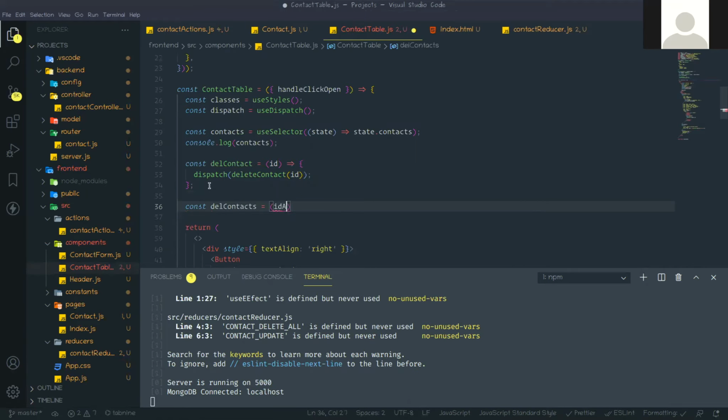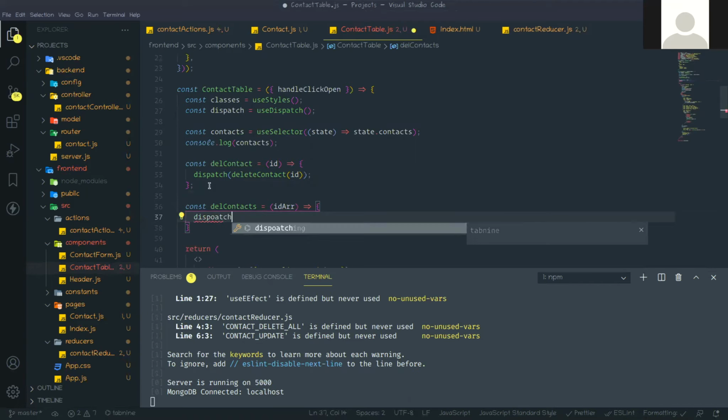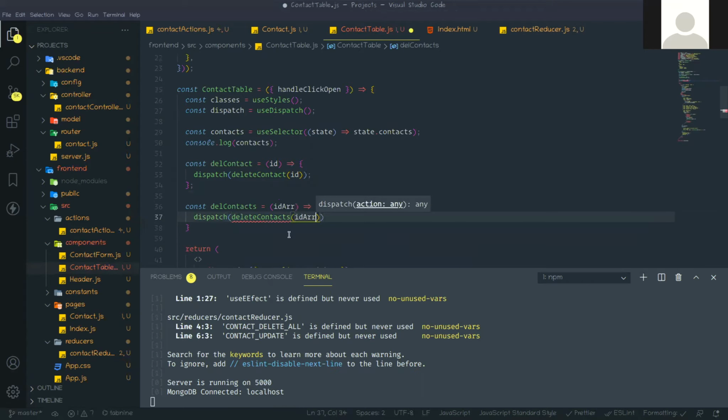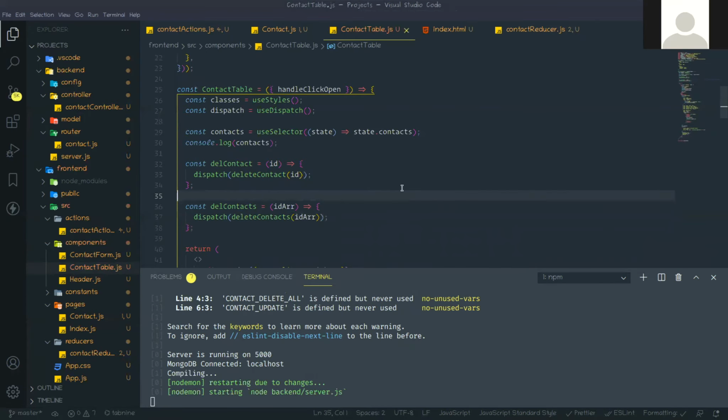So I say it will take one array, and here we need to dispatch. Okay, we need to dispatch the delete contact action. I need to import it. Done.